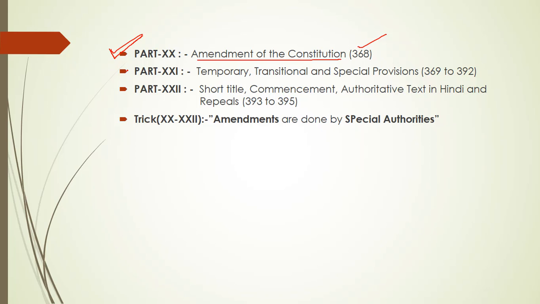Part 21 of the Indian Constitution deals with the temporary transition and special provisions again, that is 369 to 392. Part 22 of the Indian Constitution deals with the short title and authoritative text in Hindi, which are basically the simple laws which are written back, and that's a compilation of all the normal laws that are written back and also the laws written in Hindi back then. 339 to 395 articles, this deals with the part 22, and again a short trick for learning them, that is